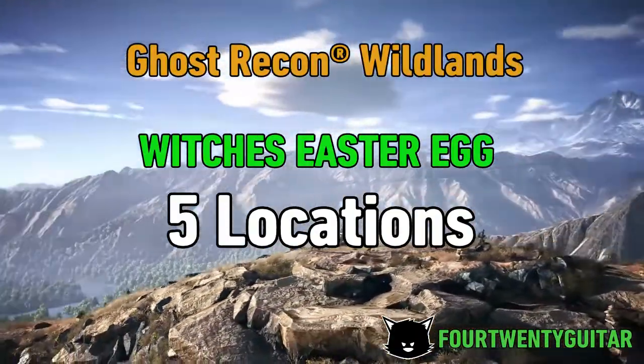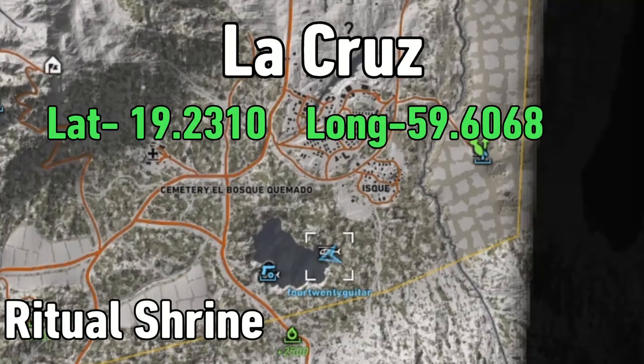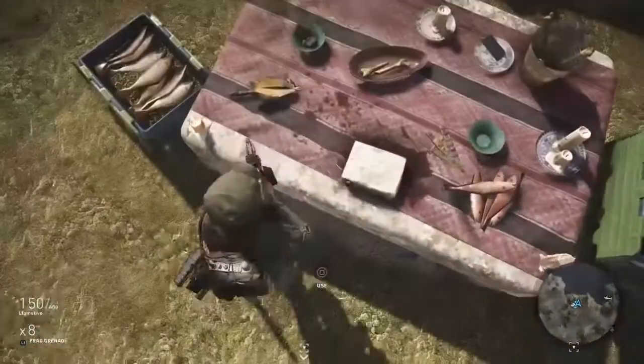This is Ghost Recon Wildlands, Witches Easter eggs, the 5 locations that we have got so far. Let's jump right into it. First, you're going to start out in La Cruz for your first 3 ritual shrines. You see the latitude and longitude there on the screen, and you can see on the map where we're going to be at. What we're going to do is just basically find these places, and you come up to them,